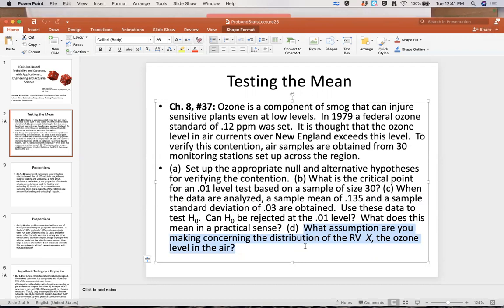When you apply them, you are, in a sense, applying them in an approximate sense, hoping your population is close enough to normal that you can still say the conclusion is approximately true. And that's what they're after. We're making an assumption that this ozone level in the population has a normal distribution.